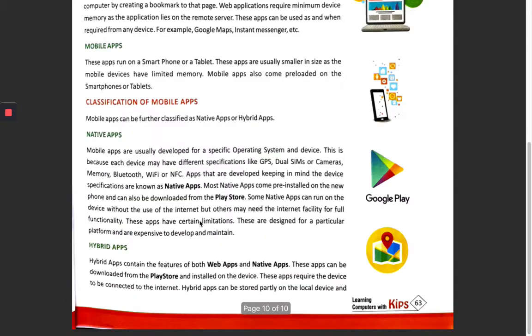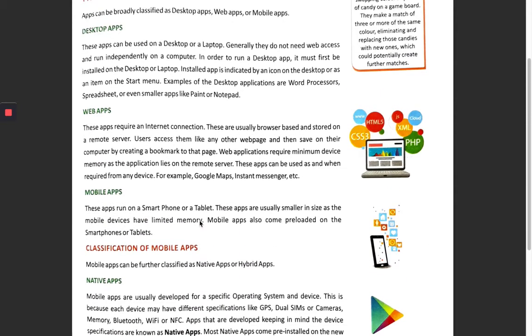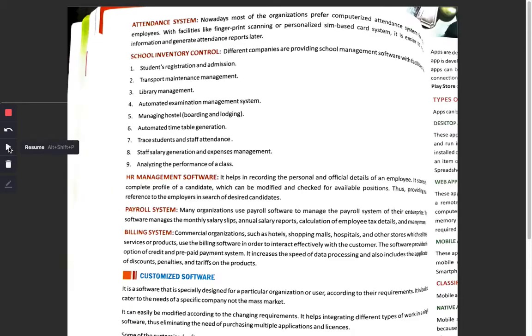After that we have the attendance system. Nowadays, most of the organizations prefer a computerized attendance system for employees. With facilities like fingerprint scanning or personalized SIM-based card system, it is easier to get the information and generate attendance reports later.